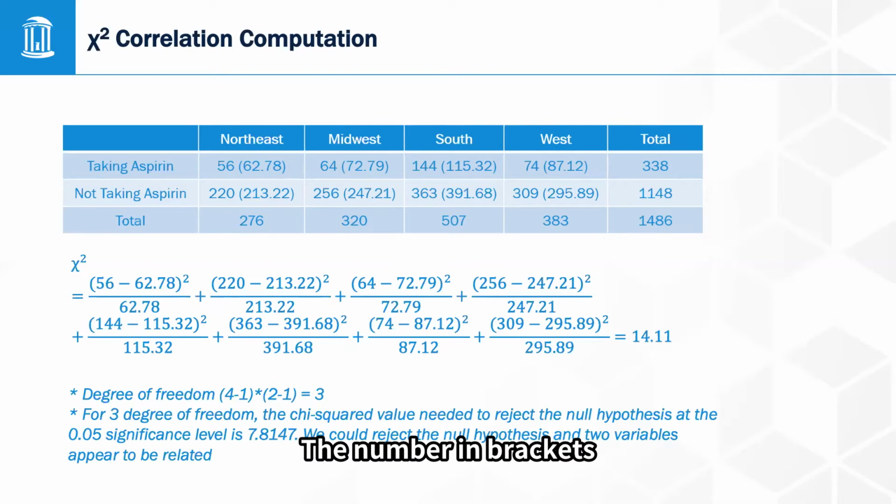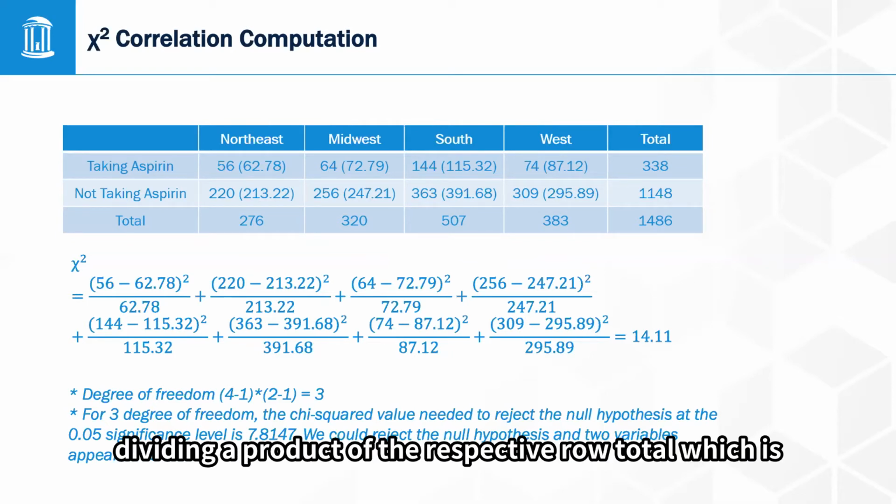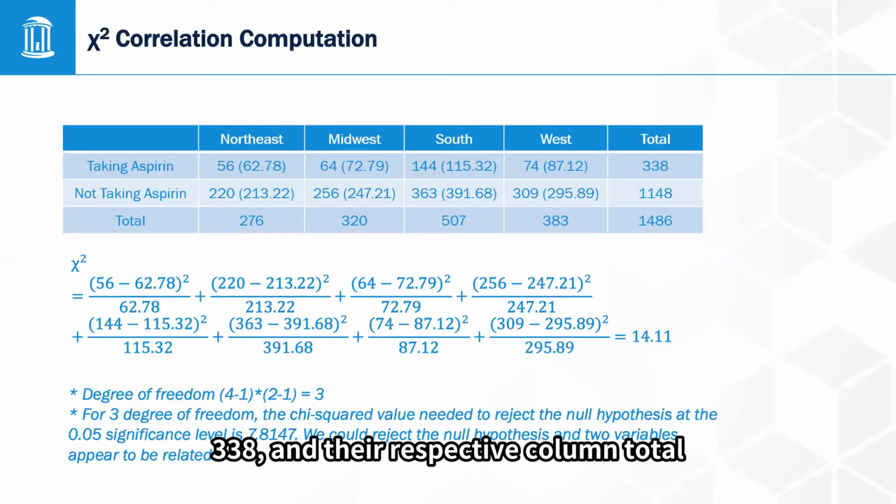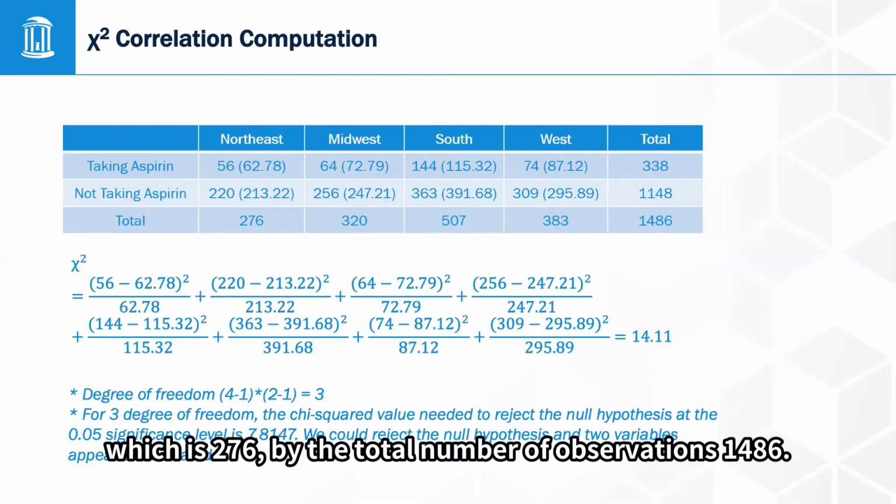The number in the brackets represents the expected frequency, which is calculated through dividing the product of the respective row total, which is 338, and the respective column total, which is 276,